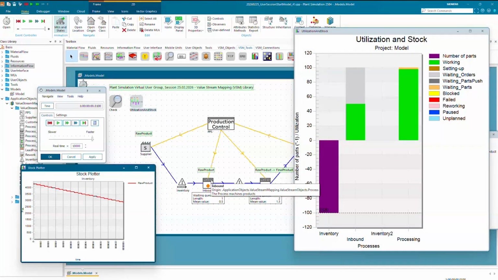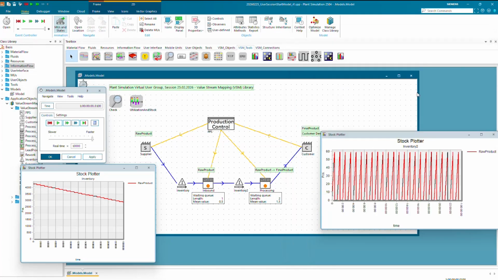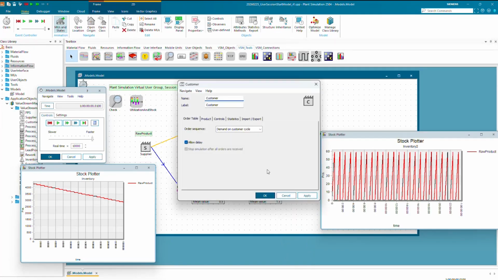But it's waiting. It's basically finished after a half hour, but it's waiting until the end of the next hour, when the next order is coming in, and it restarts to produce. So if this would be a regular push environment, this process would just keep producing. But here it is waiting for the next order.